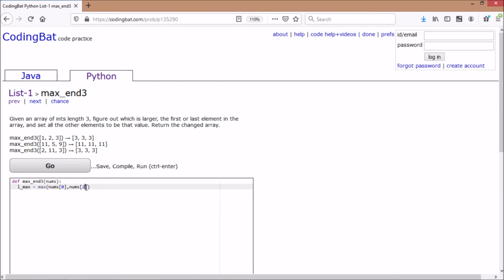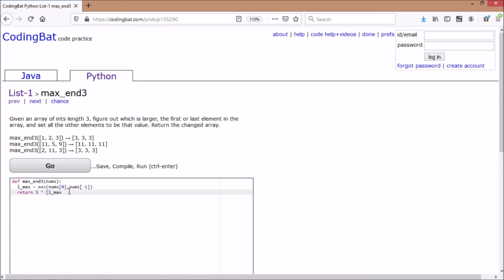Otherwise we would have used -1 here, that would have given the last element. So we got the maximum out of these. Then, if you remember, last time we did 3 multiplied with the list, that will give us 3 times the maximum of these.